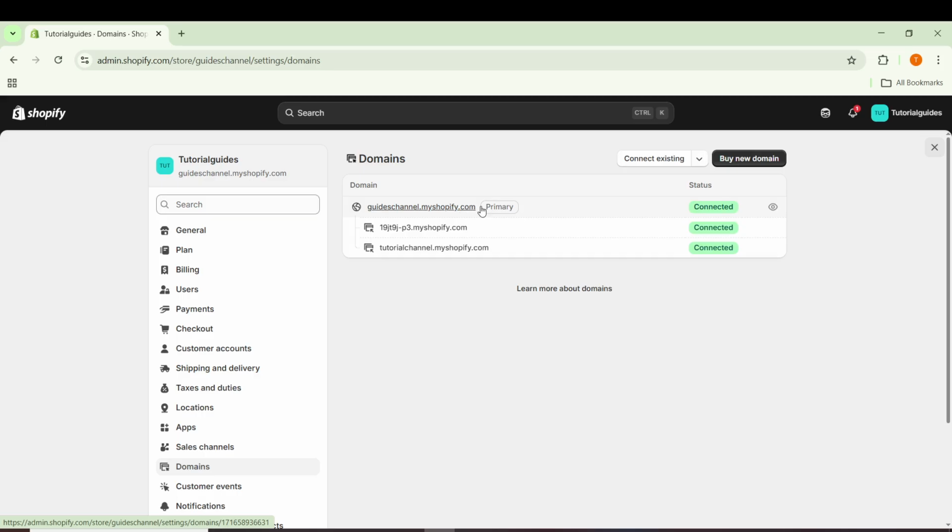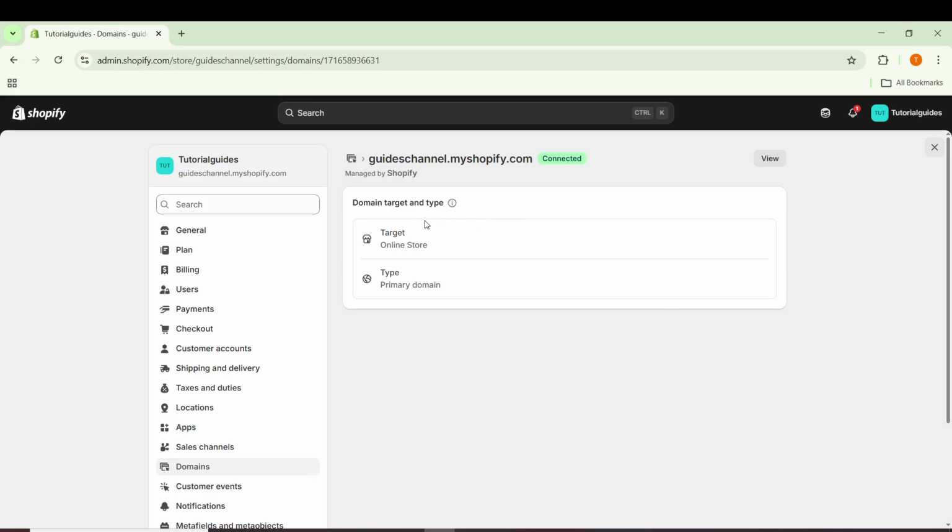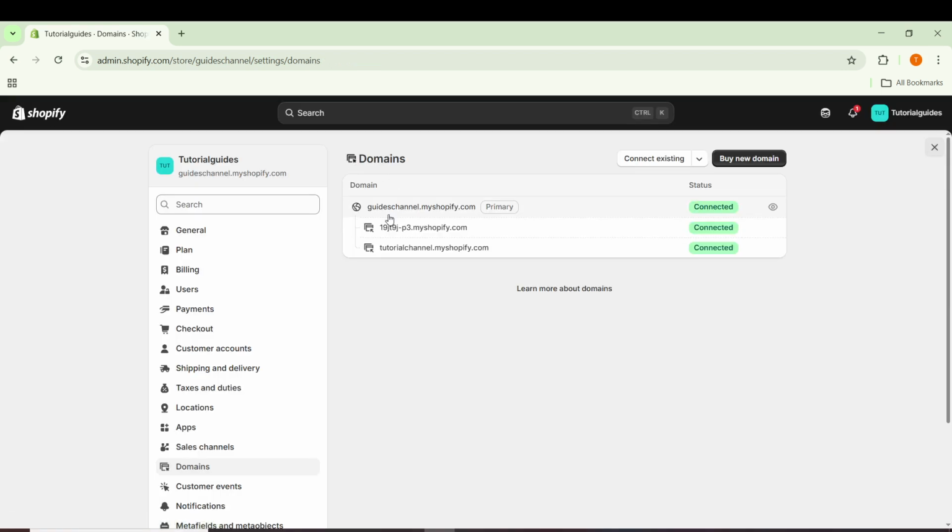On the Domains page, take a moment to scan the list of domains. You want to find the one labeled Primary Domain. The primary domain is the main website address Shopify uses for your online store. If you have a custom domain like a branded web address, that is usually what will appear as the primary domain. If you have not connected a custom domain, the primary domain may be your myshopify.com address instead. When you find the primary domain label, the domain shown next to it is the URL you will typically share